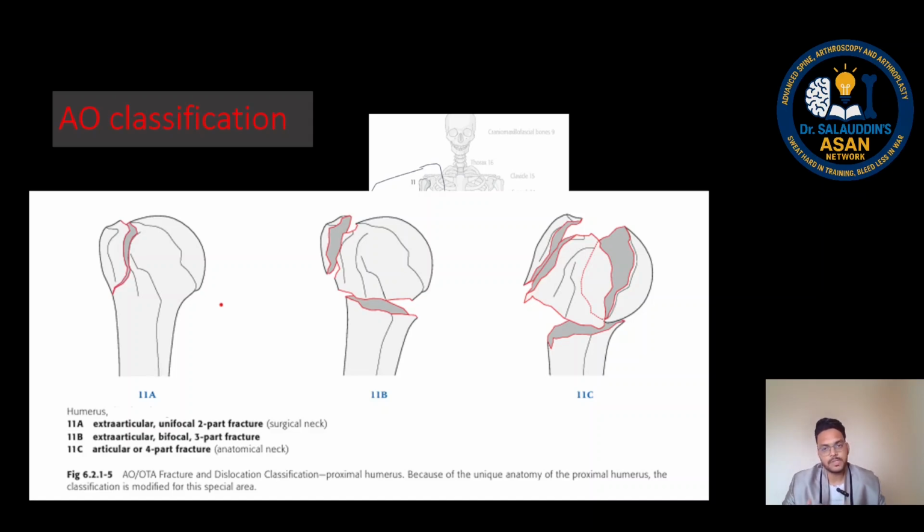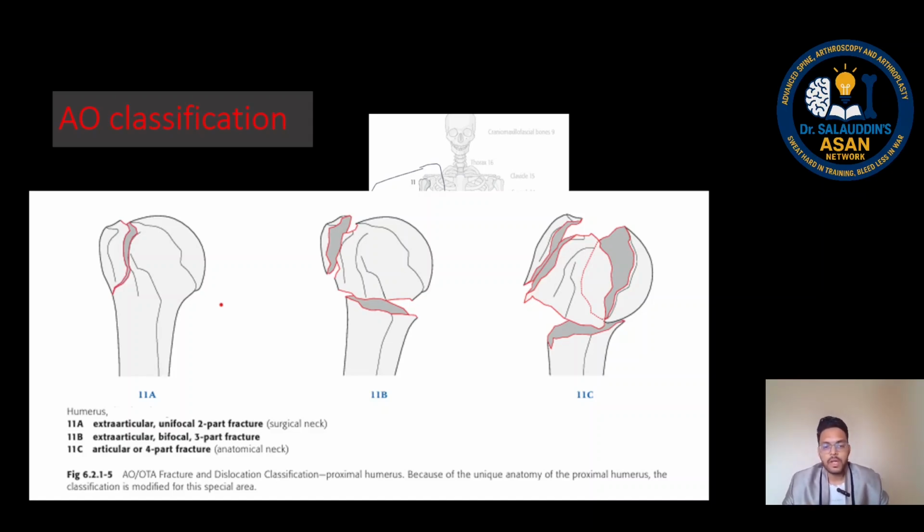So in simple manner, any bone that is near the joint, they classify it as extra-articular, partial articular, or intra-articular fracture. So here 1.1A is extra-articular unifocal fracture, 1.1B is extra-articular bifocal fracture, and 1.1C